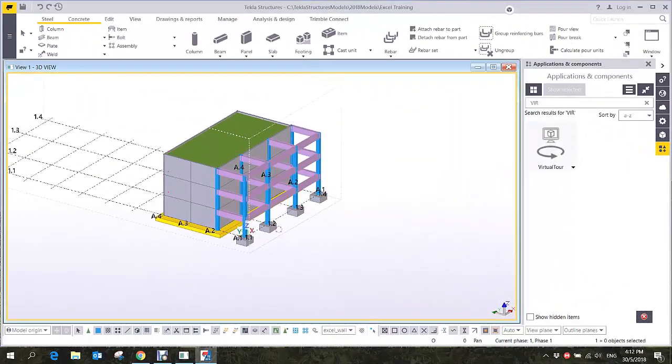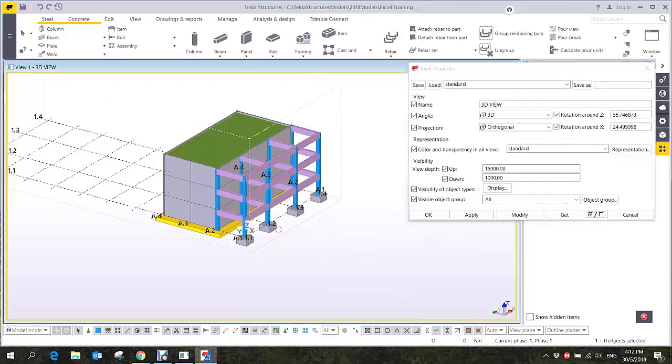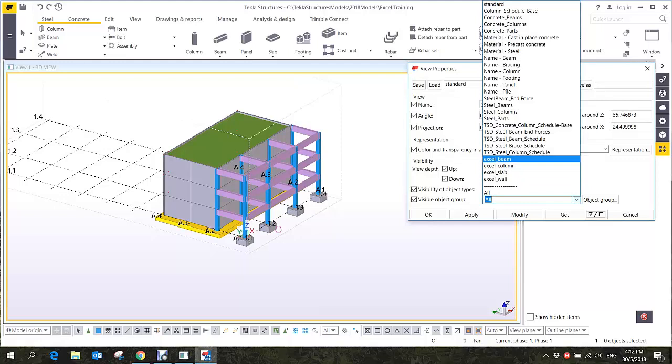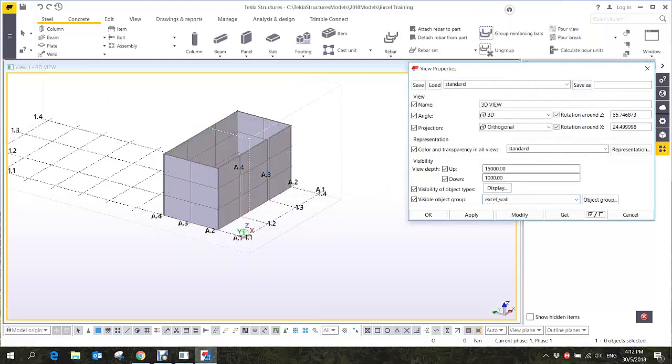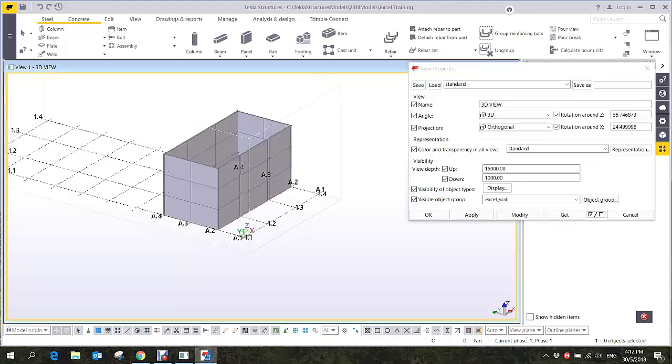So what is the use of filter? Let's say, for example, if I show only the, let's say the wall, modify. So here, I can create now the report for the wall, only for the wall. I can easily create the report for the wall. How? So all I have to do is just go to the drawing and reports,